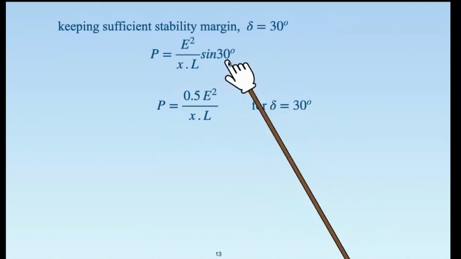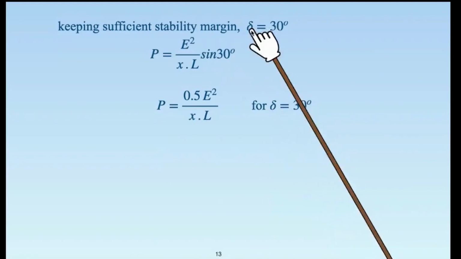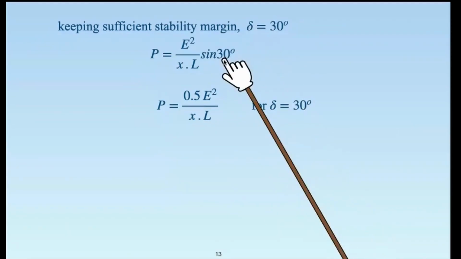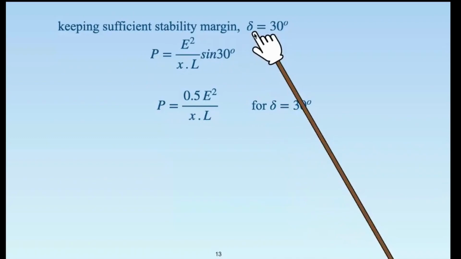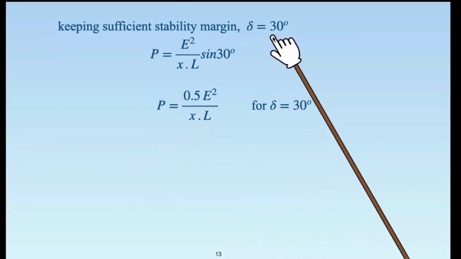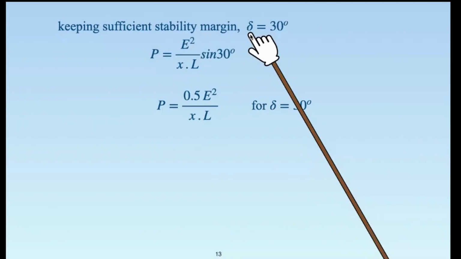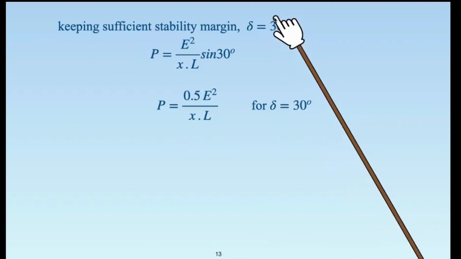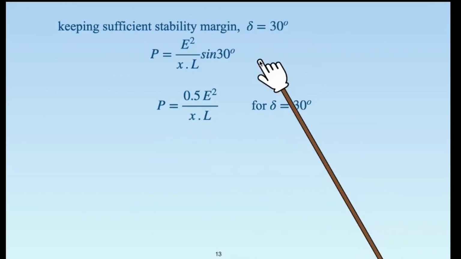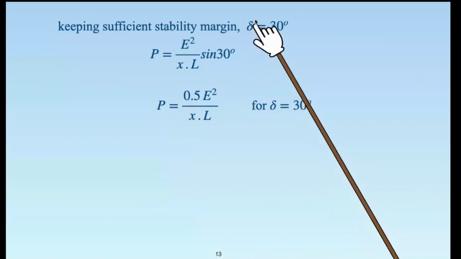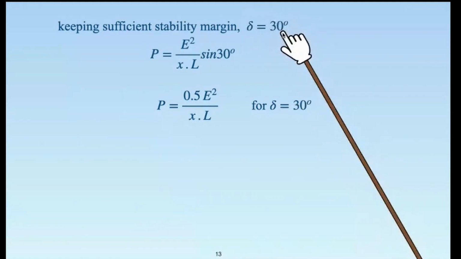Because if the generator is operating in such a manner that delta is set to 90 degrees, or angle of sending end voltage is at 90 degrees with respect to receiving end, then even the smallest disturbance that may occur in the power system will be able to pull the generator out of step, because the angle will cross 90 degrees. There is no provision for angle to vary. The power angle variation with respect to change in load, with respect to the power swing, with respect to the disturbances. The delta should have sufficient margin to fluctuate from one level to another.